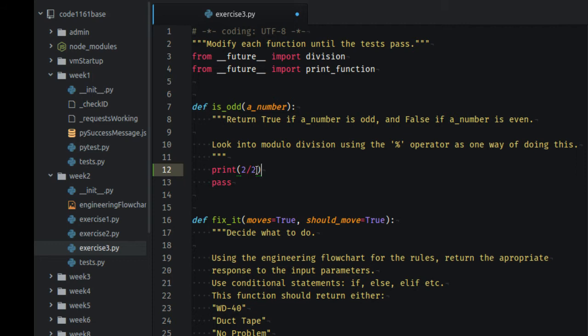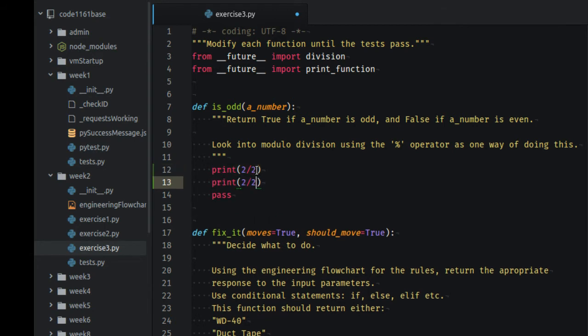Because to me, anyway, the way I think about even numbers and odd numbers is whether it's divisible by 2. If it's divisible by 2 with no remainder, then it'll be even. If it's not divisible by 2, then we should get a partial number. So let's run that,